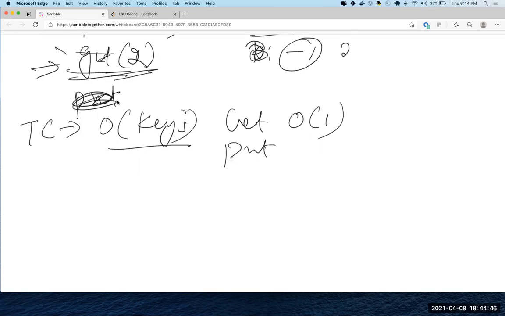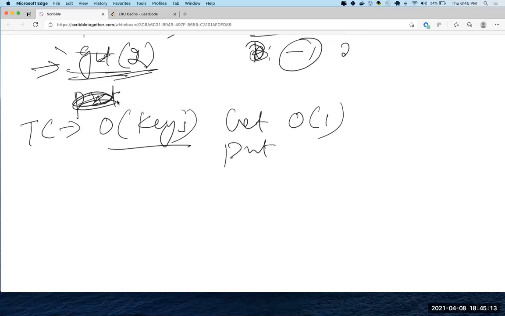So probably whenever we do a put, we also have a list and keep appending to the end of the list. Or keep appending to the beginning, it depends. You can append in the beginning of the list also. So we know the items towards the end are the least recently used items.